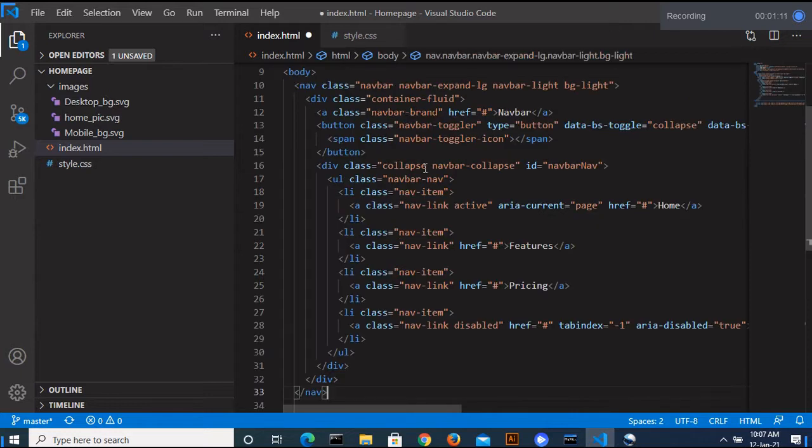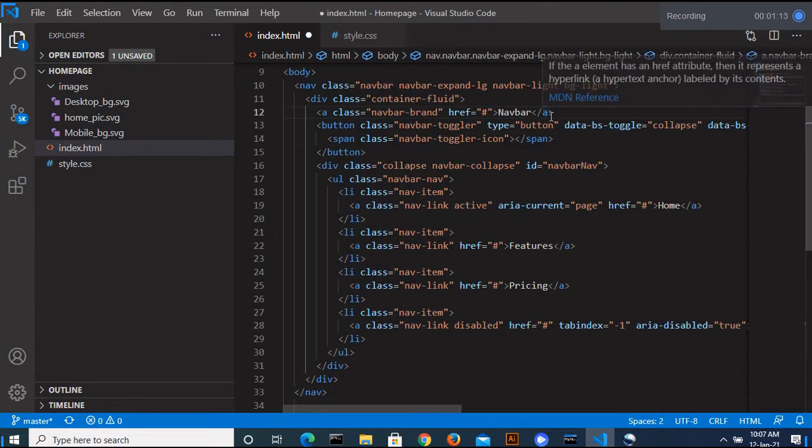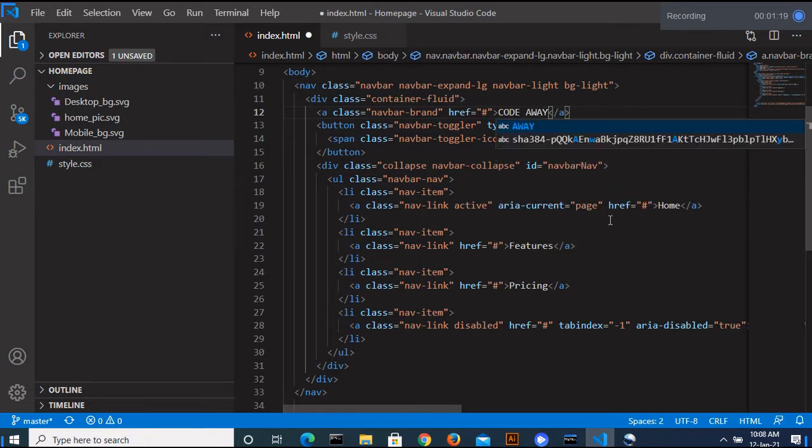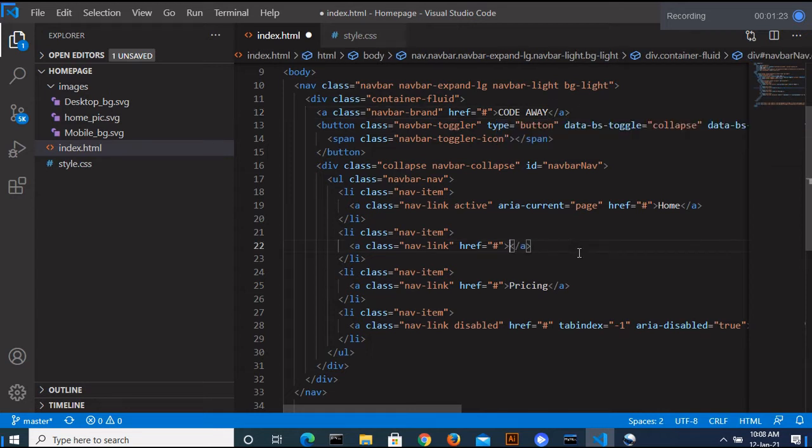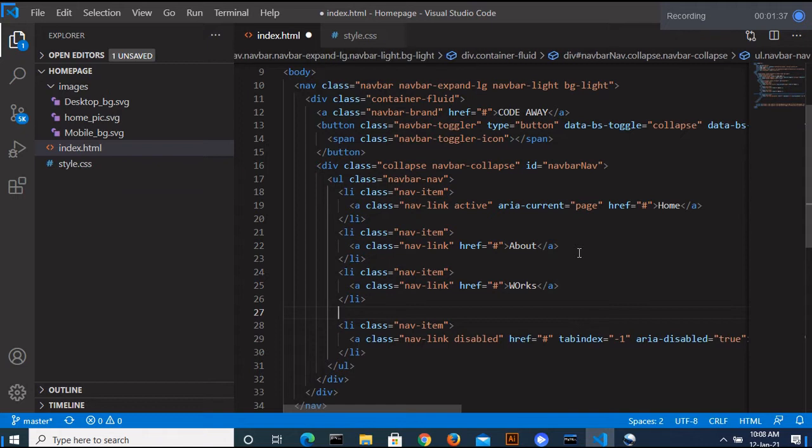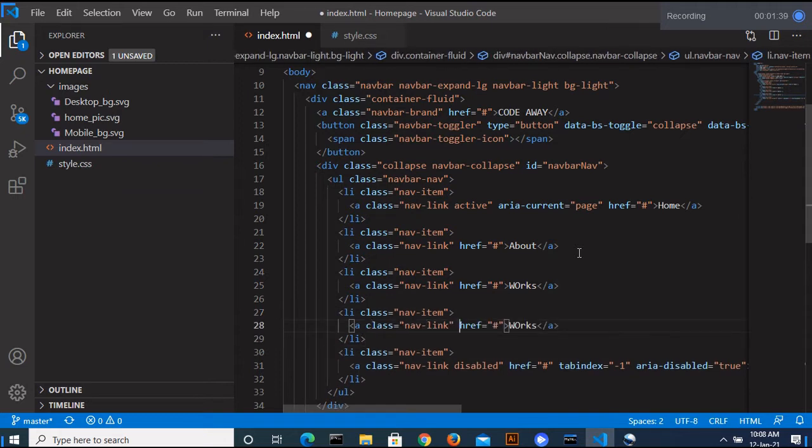Then change the words: Codaway, then home, about, works, and I just paste the same thing and add it as contact.